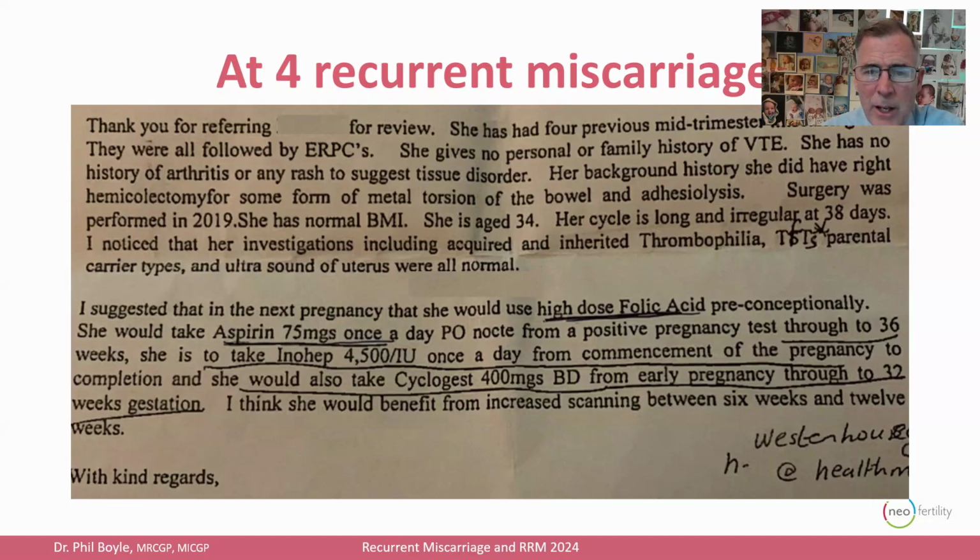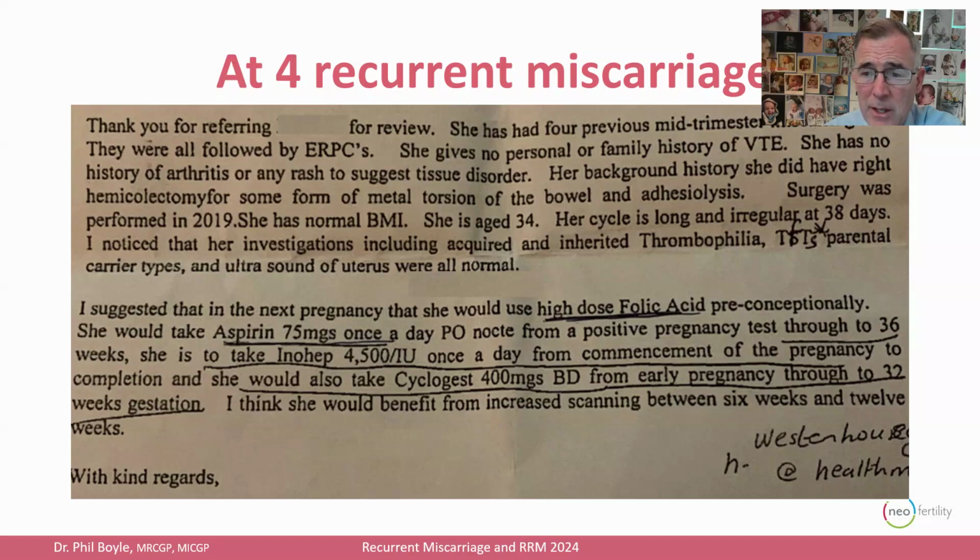So they followed the miscarriage guidelines through the hospital she was with in the miscarriage clinic, and they didn't find anything. So the recommendations were for intervention, we're going to give you a high dose of folic acid pre-conception. They give 5 milligrams usually of folic acid. We're going to put you on, once you are pregnant, we're going to put you on aspirin and blood thinning medication, which is terribly flawed logic.